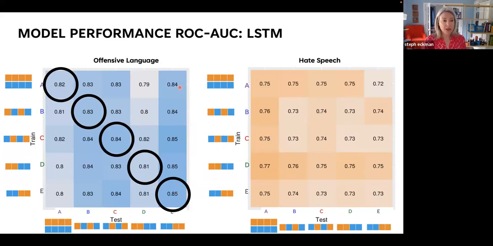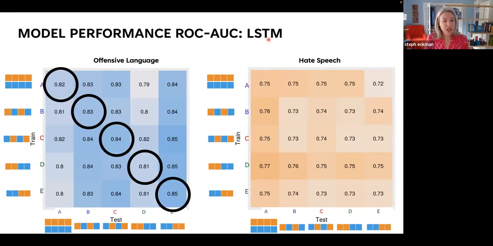You've got the darker blue here, and that's the condition where offensive language was collected first. So I think we can start to understand some of these row and column effects. I can't claim I fully have my mind around these results, but I'm starting to see some patterns that make sense and relate to what we saw in the previous graph about the rates of offensive language and hate speech.